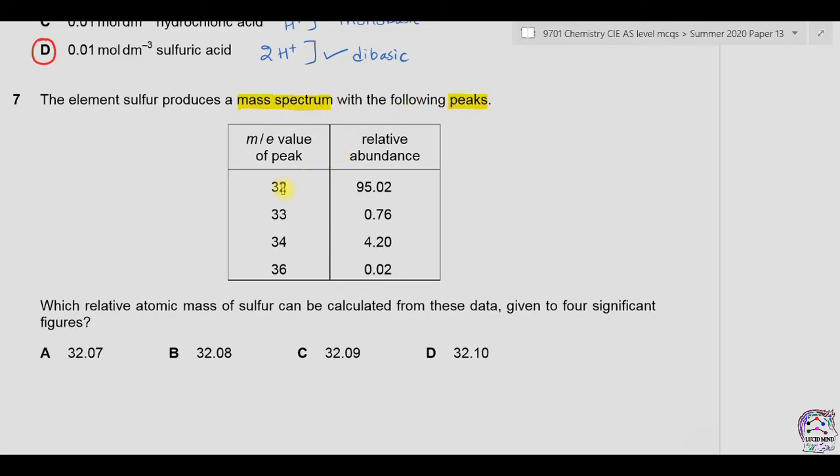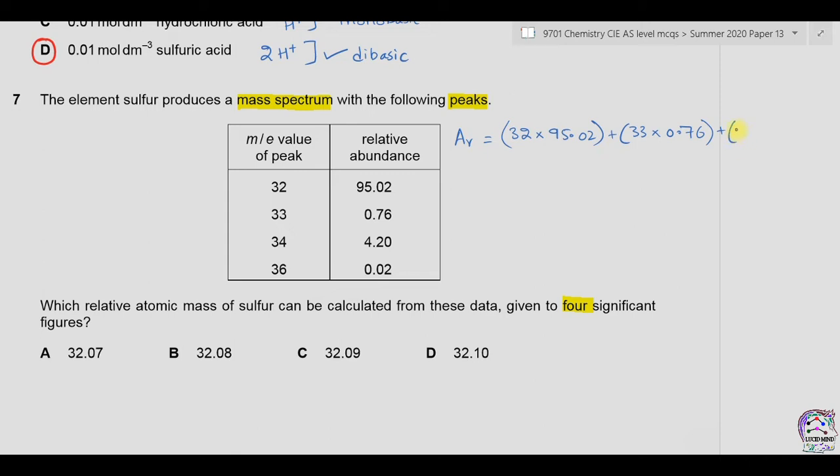So these are the values of mass to charge ratio of these peaks, and this is the relative abundance of each isotope. Which relative atomic mass of sulfur can be calculated from these data, given to 4 significant figures? Now the average atomic mass can be found from this formula. Average relative atomic mass is equal to the mass to charge ratio of the first isotope times its relative abundance plus the mass to charge ratio of the second isotope times its relative abundance